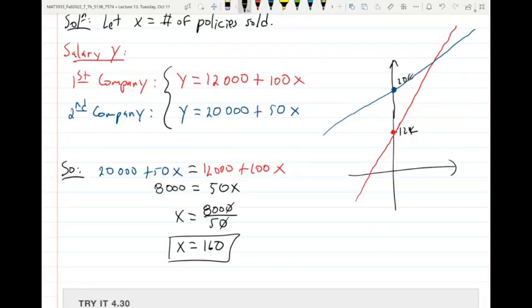But there's a point in time in which they meet. We figured out this point. This point is 160. When you sell 160, you have the same salary. But after that, if you sell more, now the red takes over, and you're gonna make more money with the first salary. Okay. Now, of course, the question now is it realistic to expect that you're gonna sell this many